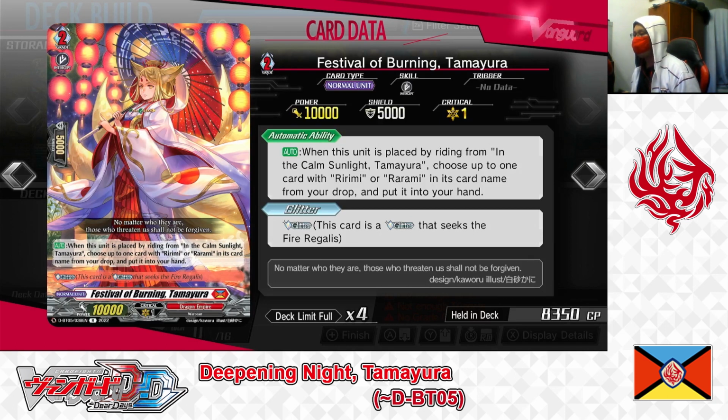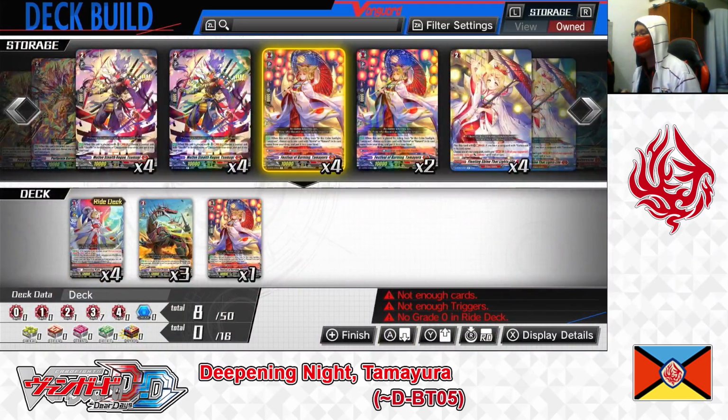Secure yourself a card you can use to later call and attack with, or to guard with later, depending on what you would want to do with the card later. And so for Festival of Burning Tamayura, we're putting 1 into the deck and putting it in the right deck. Okay, next up,